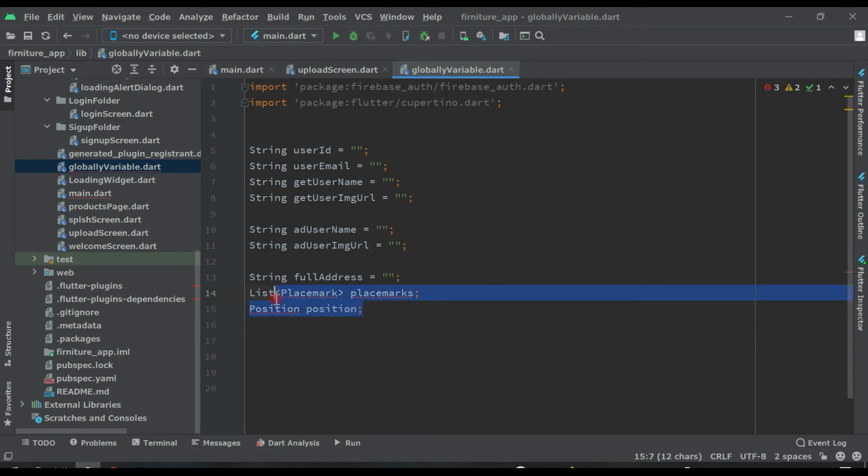Now it's showing an error here because we did not add the dependencies for location, geocoding and geolocator, and the time also. So for that we have to add a dependency to get the location of the user, so that we can get the current location of our user. When the user uploads an advertisement, we will fetch the current location of the user.